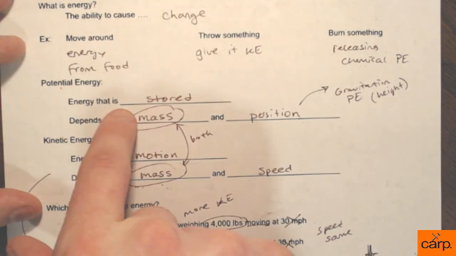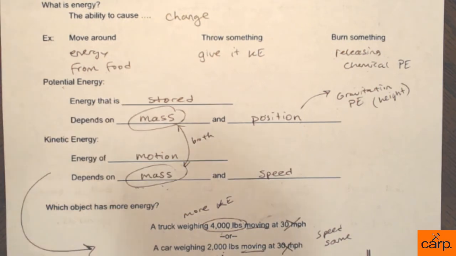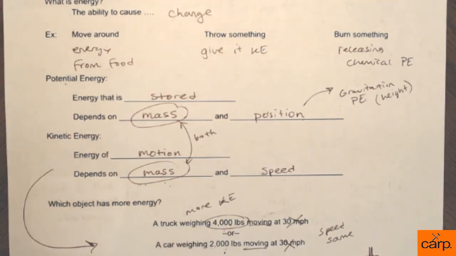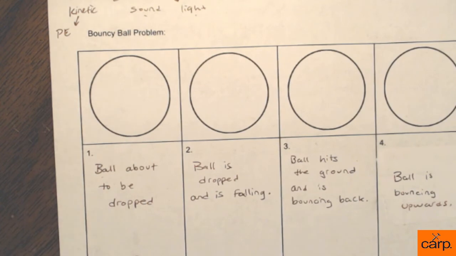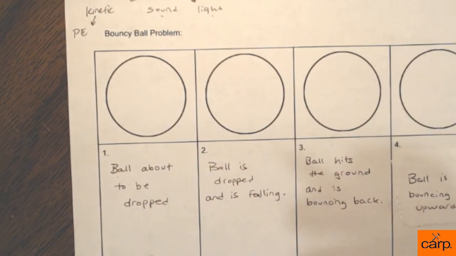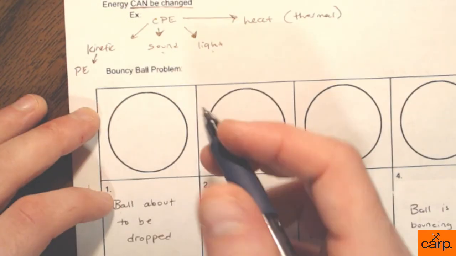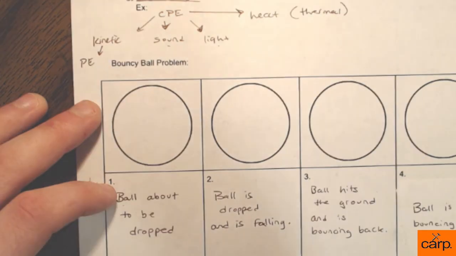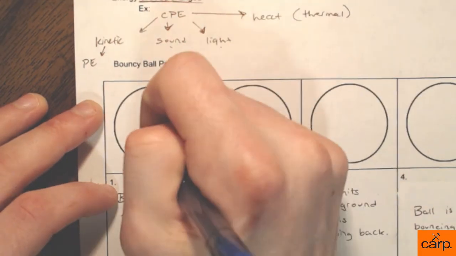So that means it's storing some energy. As soon as I let go of that ball, it's going to fall. I don't have to throw it down. It's just going to do it on its own. So it's storing some energy there. So we know it has some energy, and that would be its potential energy. So let's go ahead and draw this. In our pie chart, since it's not moving yet, 100% of that energy in that ball is in the form of potential energy.